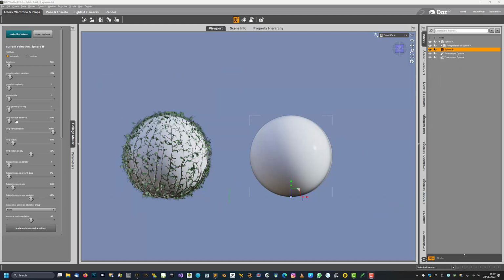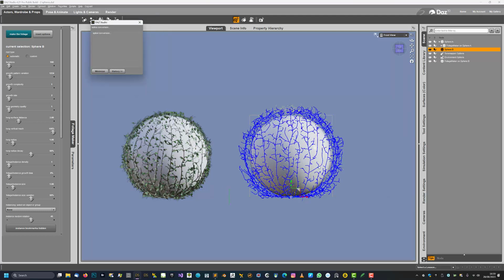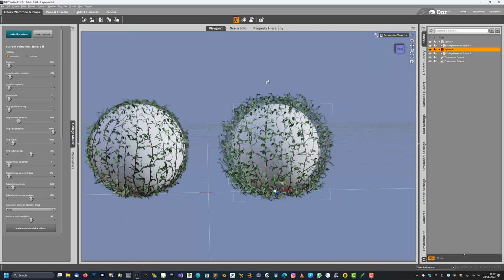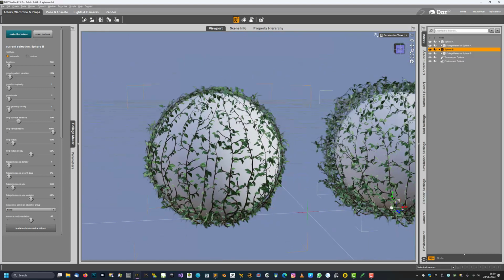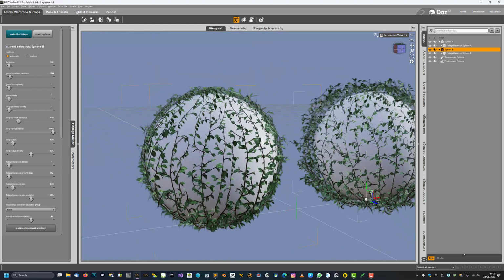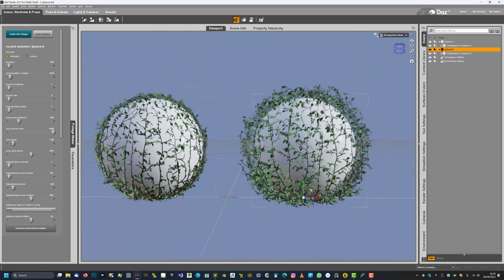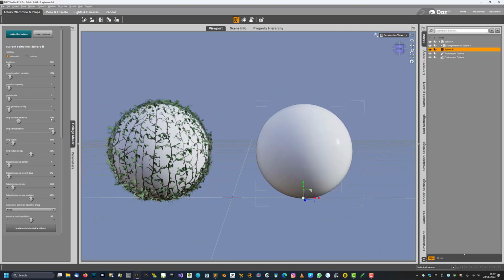Okay, next setting is the twig surface distance. This is an interesting setting. Let's see what happens if I, for example, set the value at 3, and as you can see, the twigs will progressively grow distant from the underlying object. And this can be quite interesting for a few projects where you don't want the branches to be really attached to the object, like it happened with the first sphere. So here we have the twigs quite far from the geometry, and we can go even more extreme and try, for example, 7,